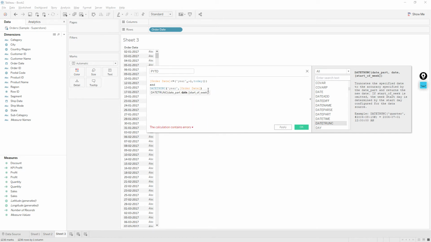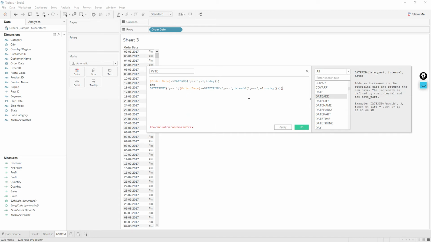This will truncate all the order dates to the starting date of their year, and then this should be equal to DATETRUNC year comma the date add function.